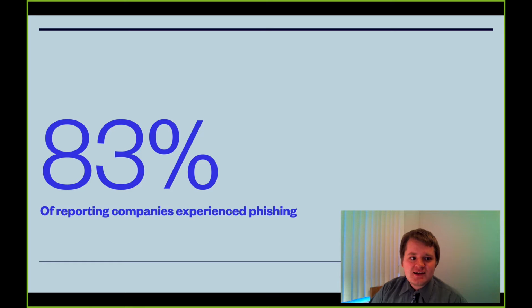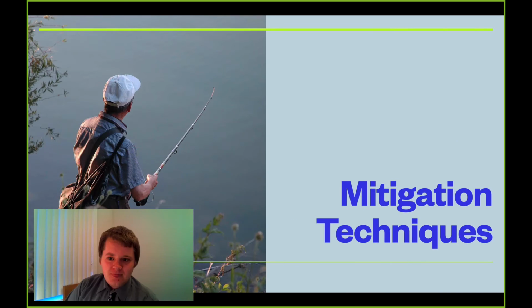In Proofpoint's State of the Phish report in 2020, over 83% of reporting companies had experienced phishing in some way. This statistic has increased over the years, especially as more and more individuals have had to work from home and therefore may not have as secure of a network at home as in the office, especially for personal email accounts. Due to this staggering statistic, it is integral that mitigation strategies improve.